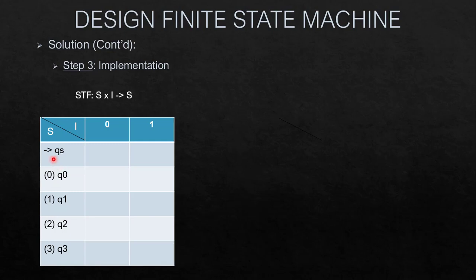We all know that from QS we will either be going to Q0 or Q1. Then we will be going to Q0, Q1 again from Q0. Then from Q1 we will transit to Q2 and Q3 states. From Q2 we will go back to Q0 and Q1. And finally from Q3 we will go to Q2 and Q3, since those numbers when divided by 4 are going to give us remainders as given in the table.